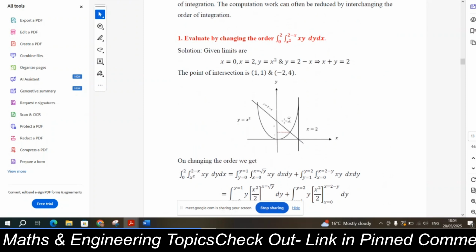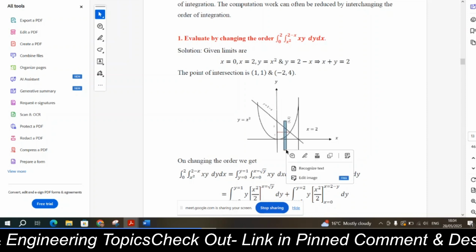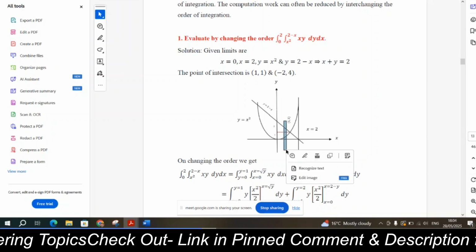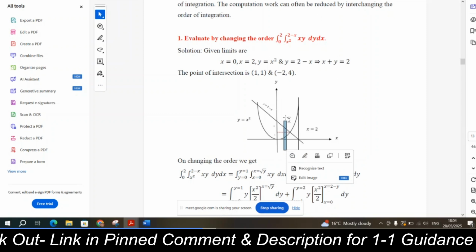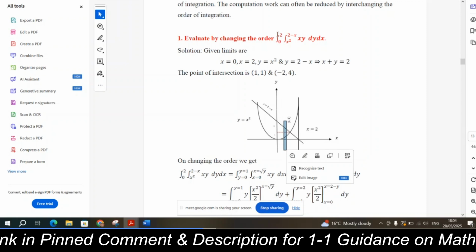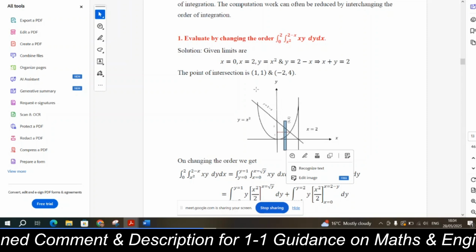I made a mistake in the other part, I believe. One second. In this particular question, I had y is equal to x square to y is equal to 2 minus x. Actually, it meant this particular bar. Okay. Over here,